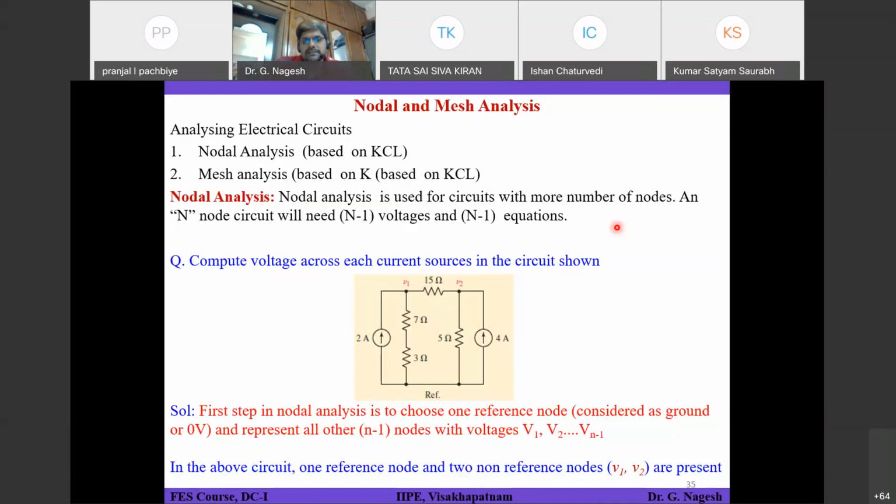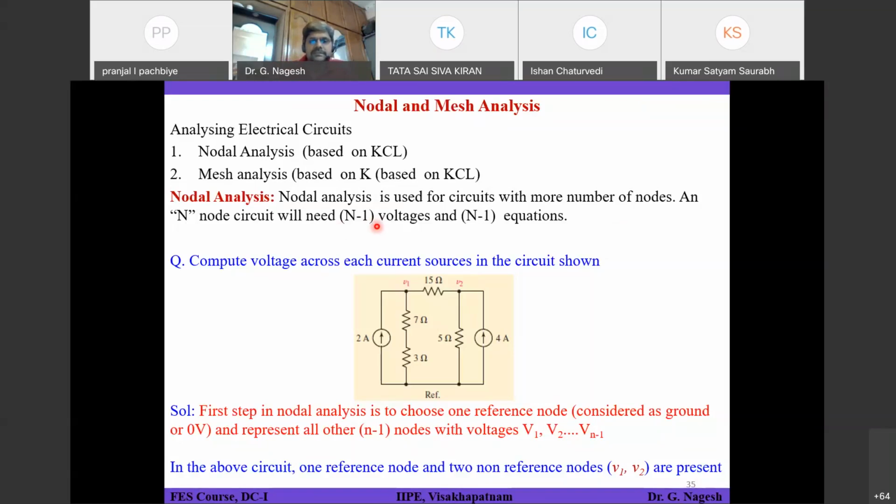So nodal analysis is basically similar to Kirchhoff's current law. Only thing is this method is very useful when you have more number of nodes, let's say 4 nodes, 5 nodes, or 3 nodes, whatever it may be. In that scenario, it will be useful for us to solve. So to know the node voltages, you require